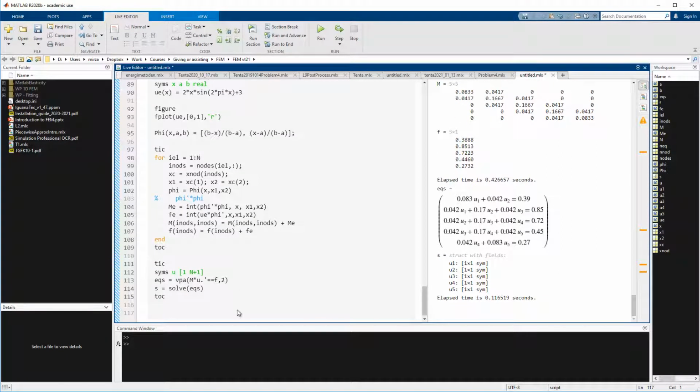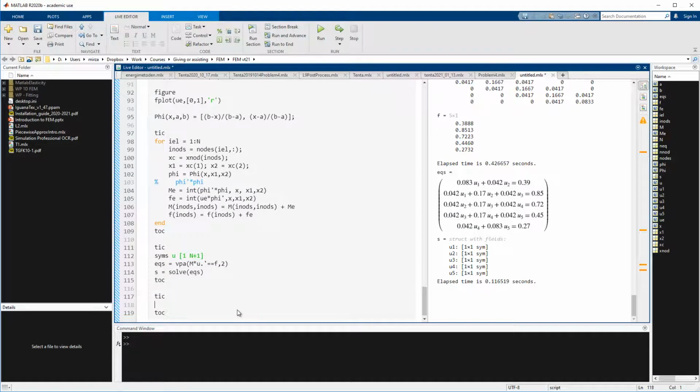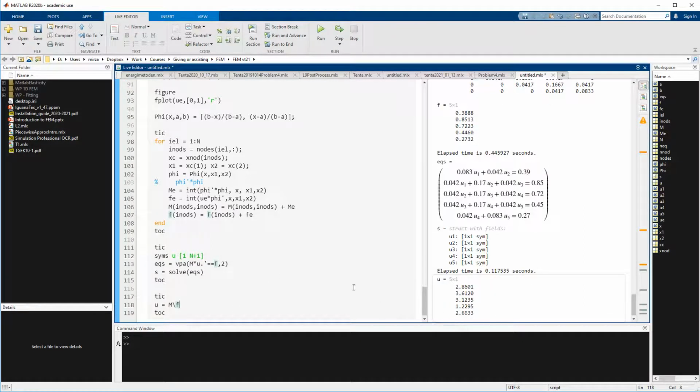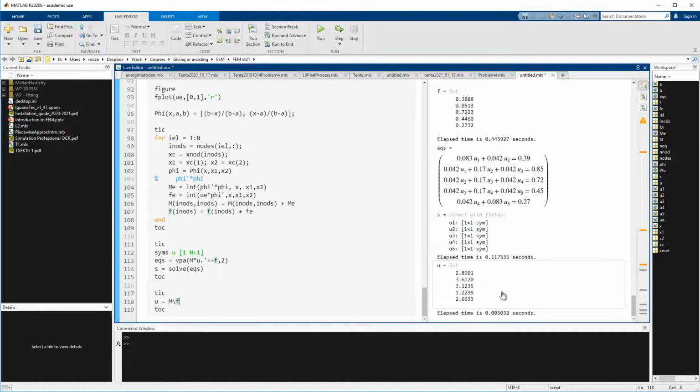And now let me show you how to do this numerically. I'm going to time this as well. So the numerical solution for this is just by doing the following: u is equal to m backslash f, and these are solutions. Please note the time difference. This is the time it takes to solve this thing symbolically using solve, and this is the time it takes to solve this numerically using the backslash operator, which is the same thing as lin solve,